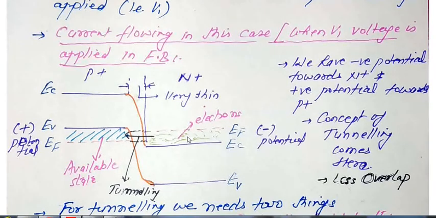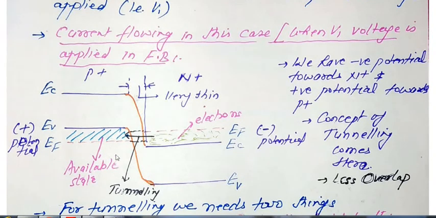Now in a simple diode, these electrons should surpass this barrier if some current is going to flow. But here we can see the tunneling effect, which is going to conduct some amount of current in this diode without surpassing this level. So here let us see how this tunneling effect is going to happen.